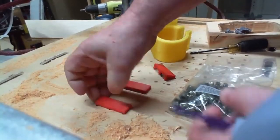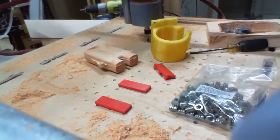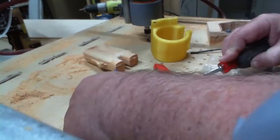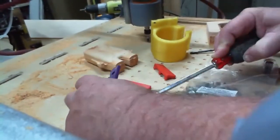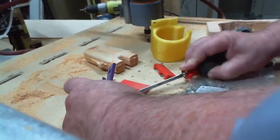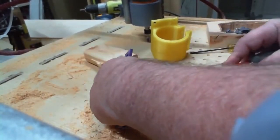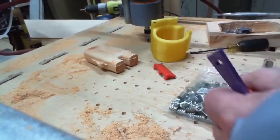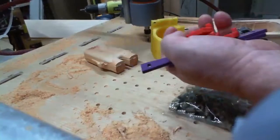So where'd my other screwdriver go? Come on, out of there. So I came up with these other, yes, and I cut myself last night, other method